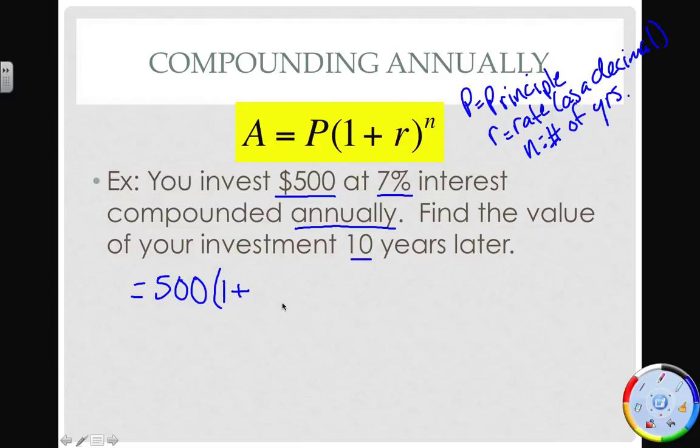I know my R value. My R is my rate, and this is as a decimal. So 7% is the same thing as 0.07. And N is the number of years we are having our investment in there. And in this case, it's 10 years. Okay, so that means we're actually trying to solve for A. And this just ends up being a simple plug in the calculator problem. So if you plug this into your calculator, you get